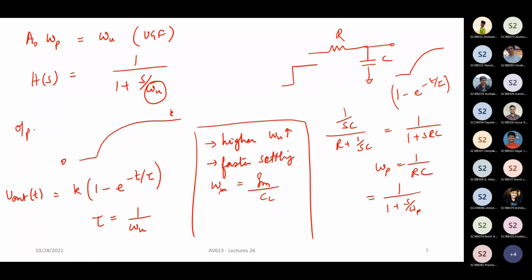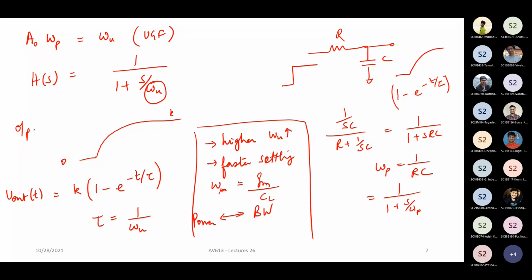Increase gm. The straightforward way to increase gm is basically to increase current. So typically you'll have larger bandwidth op amps with higher power consumption. So you have a power-bandwidth trade-off. And therefore, if you have a higher bandwidth op amp, it will quickly settle. The tau is small, and therefore you'll have a fast exponential rise. If you have a lower unity gain frequency, it will have a slower exponential rise.